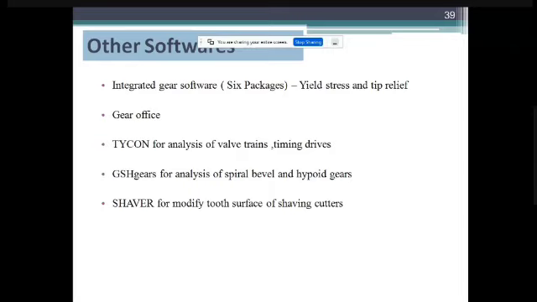Integrated gear software, that is called the 6 packages software. It identifies or expresses the yield stress and tip relief problems. The 6 packages are black geometry,